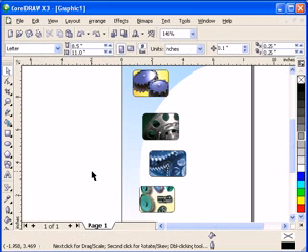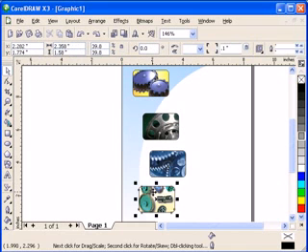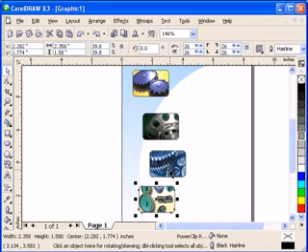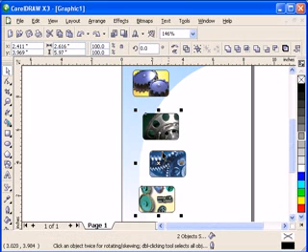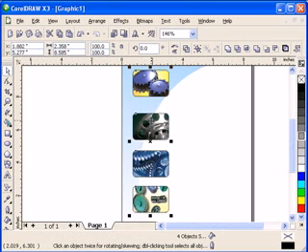Okay, let's go back here. The most important thing is that it doesn't matter which one is the first one or which one is the second one when you select an object while holding shift. The most important one is the last one. The last object that you select is the basis of the alignment. So if this is the last object and I type in letter L, all these three will align to the very last object